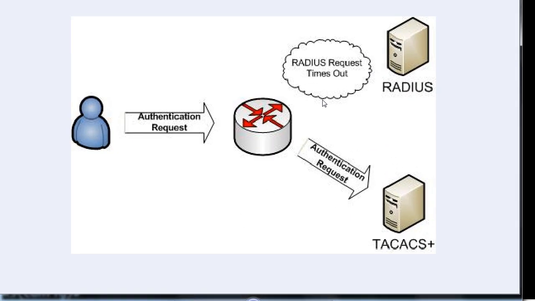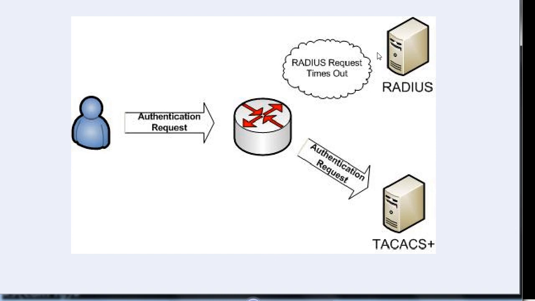And hopefully it's not something that happens terribly often, but we could have a timeout on the request, which is neither a pass nor a fail. And we could just have some kind of error, but a timeout would be the most likely thing to have happen here. If there is an error or a timeout, then the second method listed would be checked. This is a very, very important point here, and I want to make sure we're all crystal clear on it. If the radius server